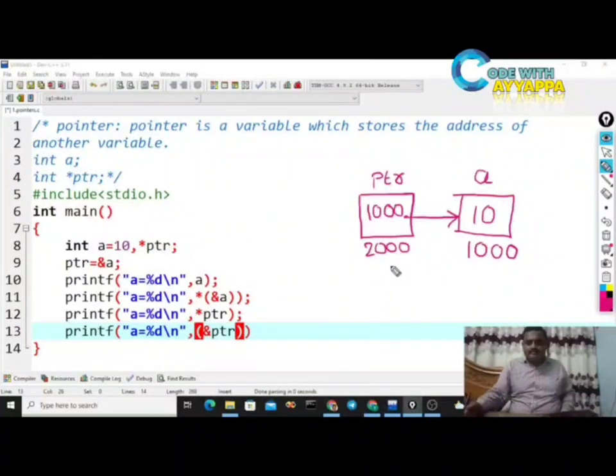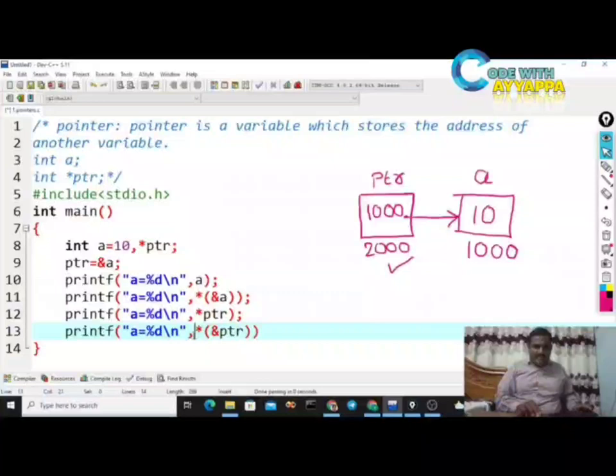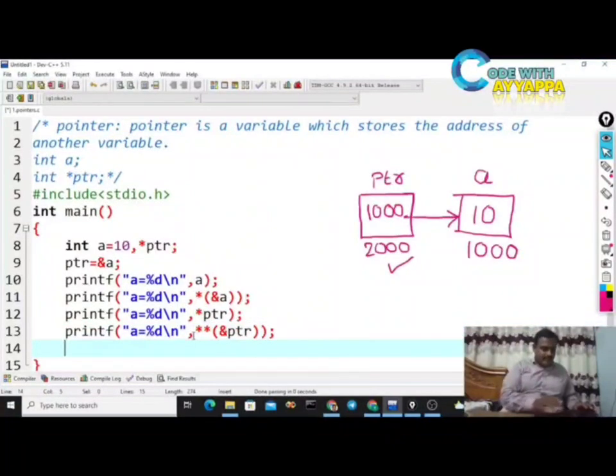The address is 2000. If I put a star before this address, the value at 2000 is 1000. 1000 is also an address. If I put one more star, the value at address 1000 is 10. This also will print 10.